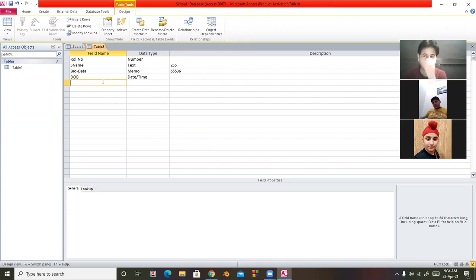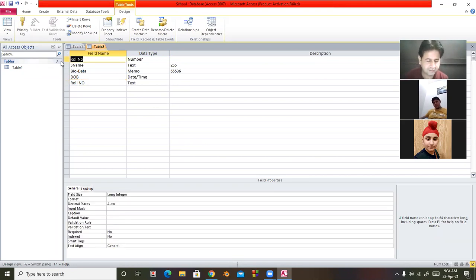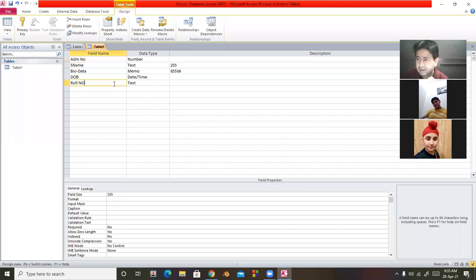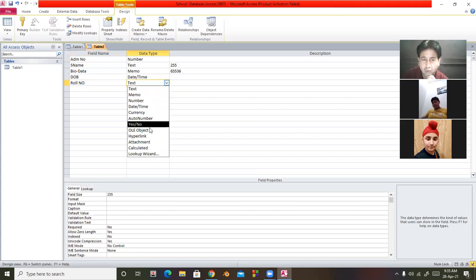Next is, suppose I'm taking here serial number, roll number, and above that admission number. Now look at here, in your class the roll numbers are in sequence. So data type you can take is auto number.